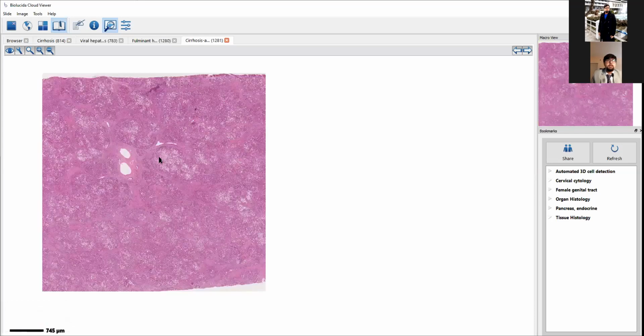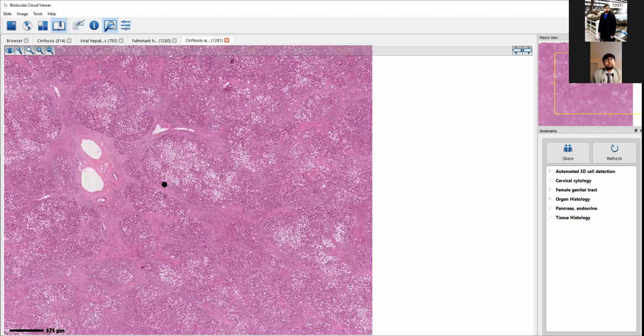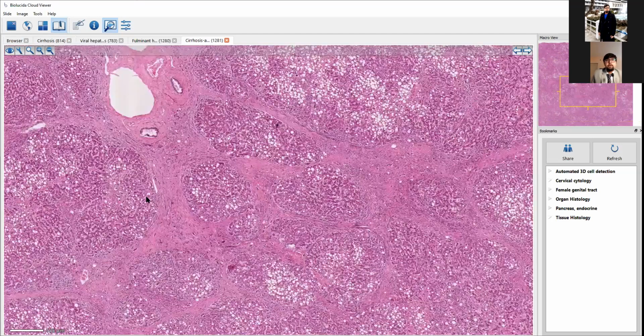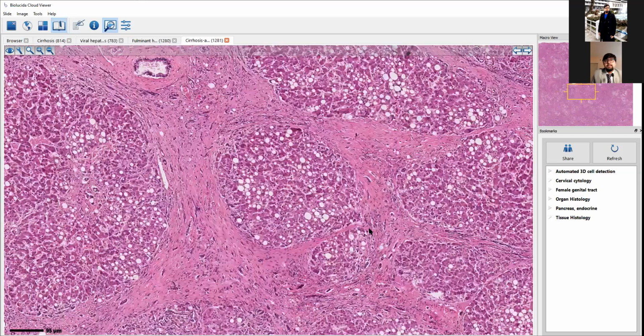Yeah, this is micronodular. Okay, now I want to show you what bridging looks like, so I'm going to have to go even deeper. This is what bridging looks like. Can you see here? So I'm going to trace the fibrotic capsule. This is a very thick fibrotic capsule. It comes around like this, and then there is a bridge here. This is your fibrotic bridge. This line that you see over here is a fibrotic bridge, right? You should not see this in a normal liver.